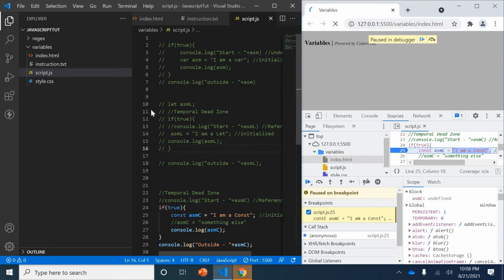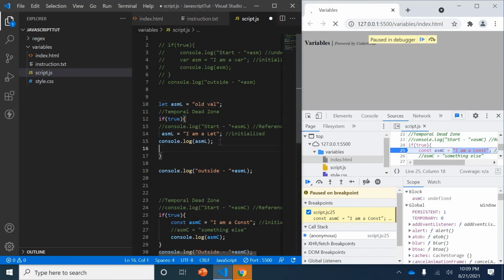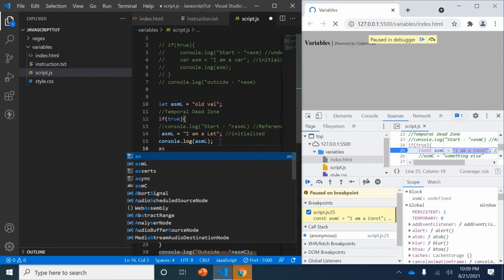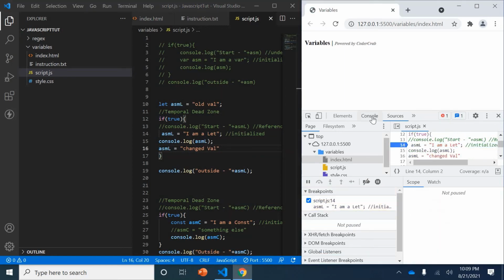If I put it here and I want this to have some other value, old val, and I'm initializing this value and printing it, then changing ASML to changed val. Let's see.